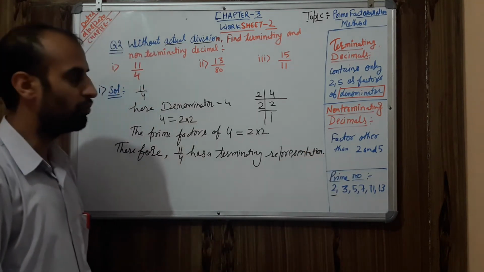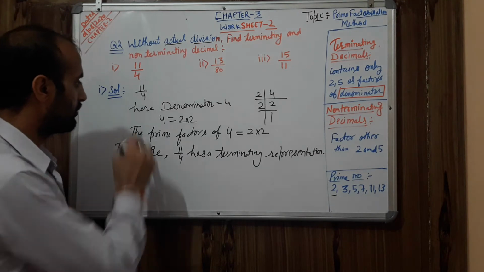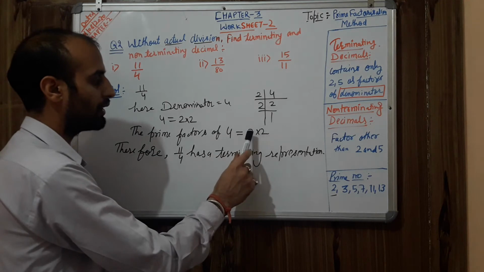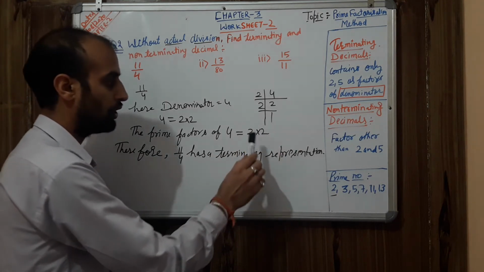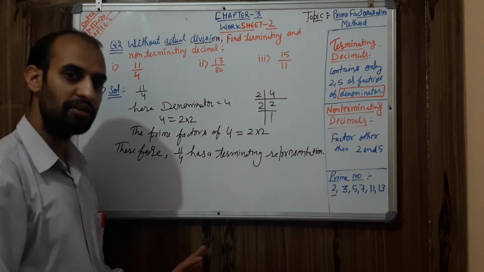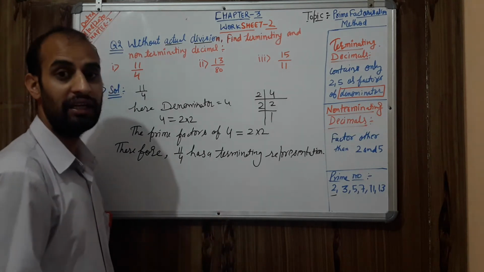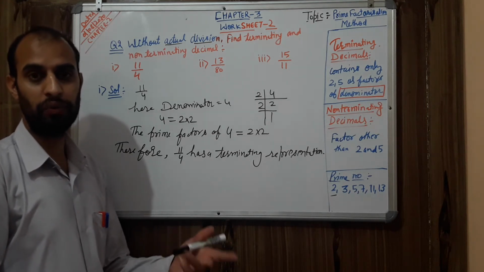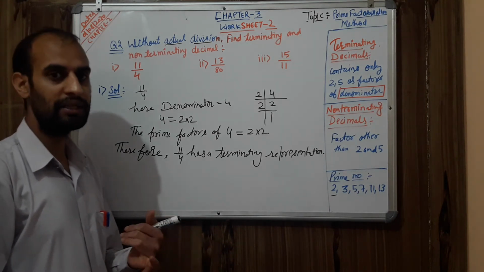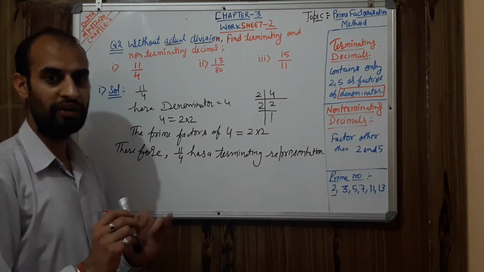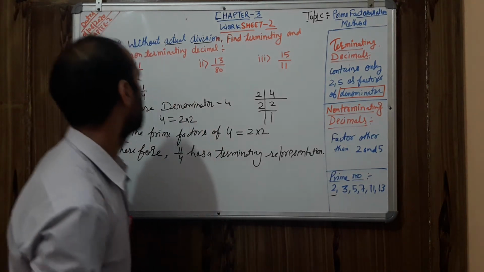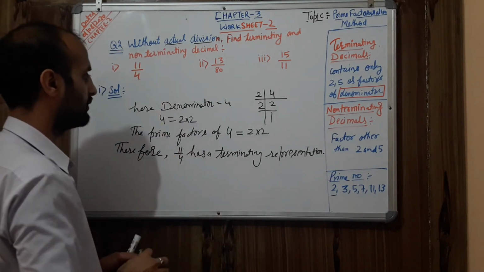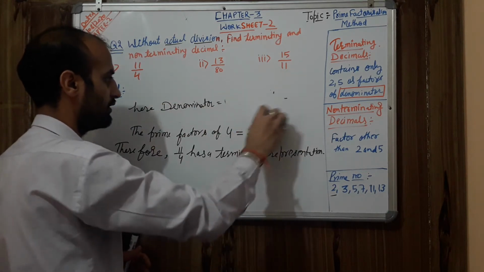Once again I want to make it clear what to do. First write the question, find the denominator, do factorization of the denominator. After factorization, if you get a multiple of 2 into 2 into 2 or 2 into 5, in that case it is terminating. If you are getting a number other than 2 and 5, it may be 2 into 3, 2 into 4, 2 into 7. So if another number is coming, then it is non-terminating. So let's take one more question. This part is okay, I think. First is over, so I'm going to do the second one.